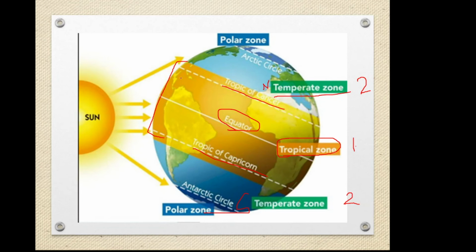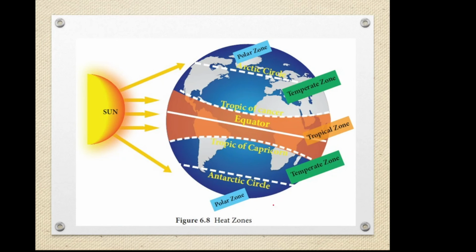Then finally the third one is which one? Frigid zone. Or here it is given as polar zone. So the frigid zone or polar zone lies beyond the Tropic of Capricorn and Tropic of Cancer that we studied. Here you can see it is starting from Arctic Circle to North Pole and Antarctic Circle to South Pole. Okay. So this is the diagram we studied just now. Same diagram only. Equator, and the important latitudes: Tropic of Cancer, Tropic of Capricorn, then Arctic Circle, Antarctic Circle.